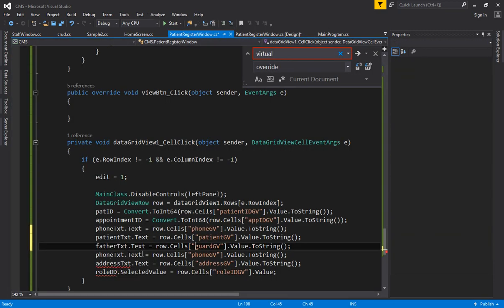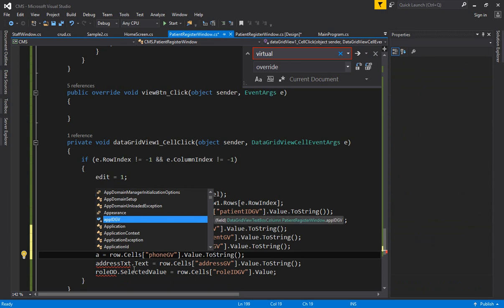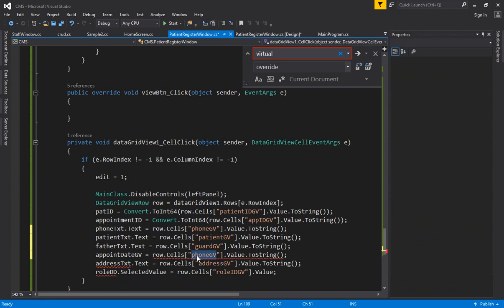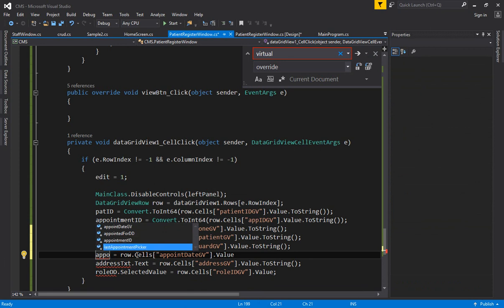So you can write here appointment date GV, and you can specify the appointment date GV, and then close this, and then dot value appointment GV. Okay, it should be appointment date picker. So appointment,